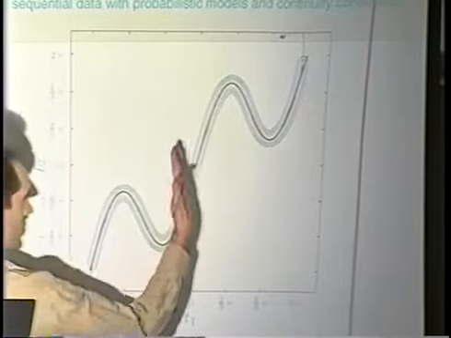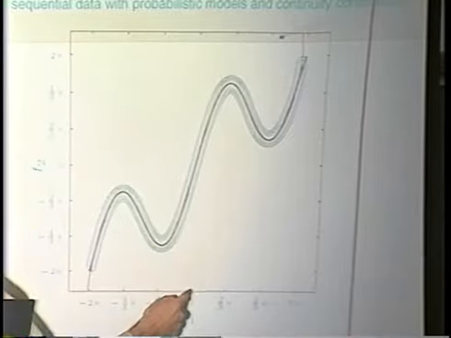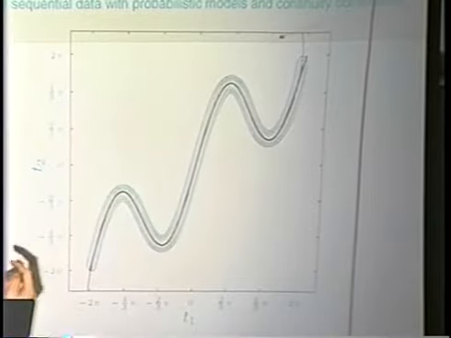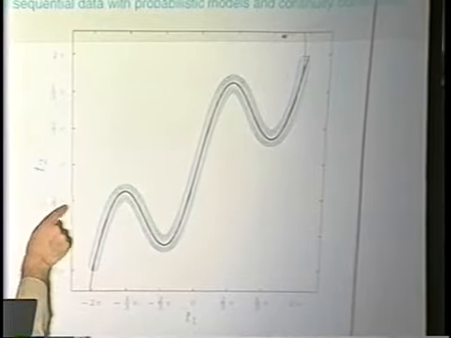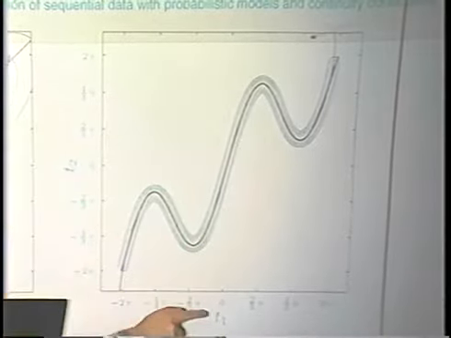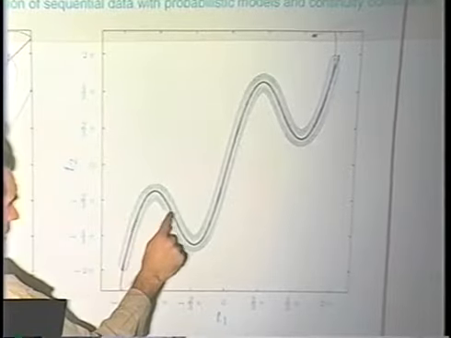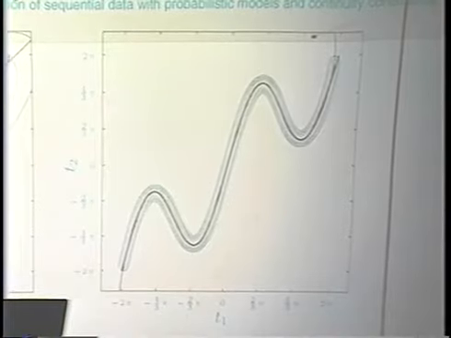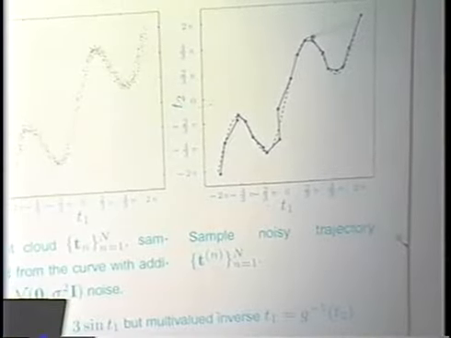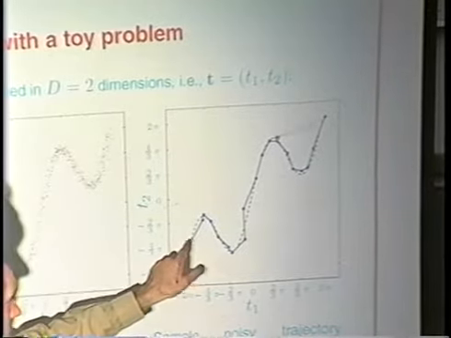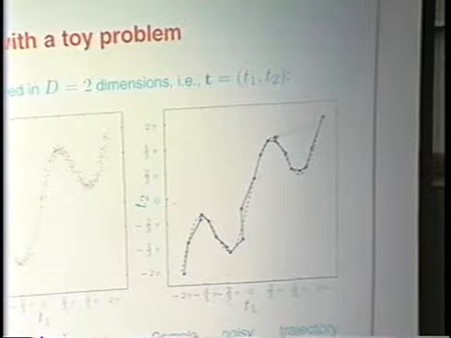Now if I take the conditional distribution like here, I say T1 is 0, for example, how about T2? Well, I will get a bump there for this one. If now I say T2 is 2/3 of pi, or somewhere here, for example, then this conditional distribution for T1 will give me one bump here, another one there, another one there. It is tracking the solutions of the inverse mapping, right? And that's just for one point. For a trajectory like this, that could be sampled from there, and I have many missing variables there, I don't know which one to select.